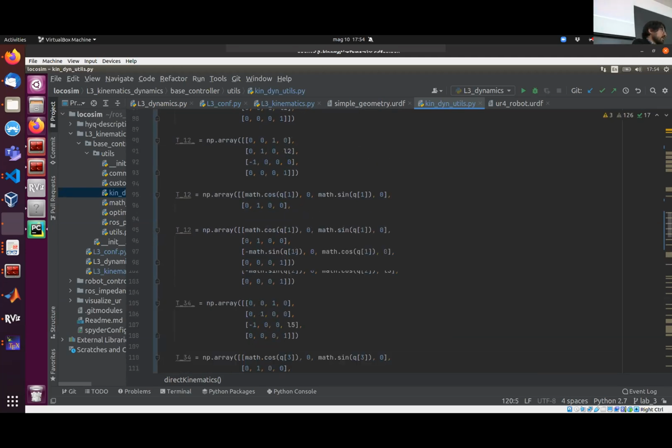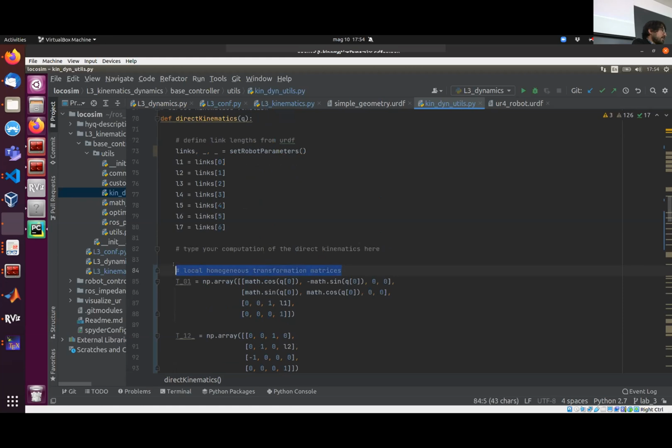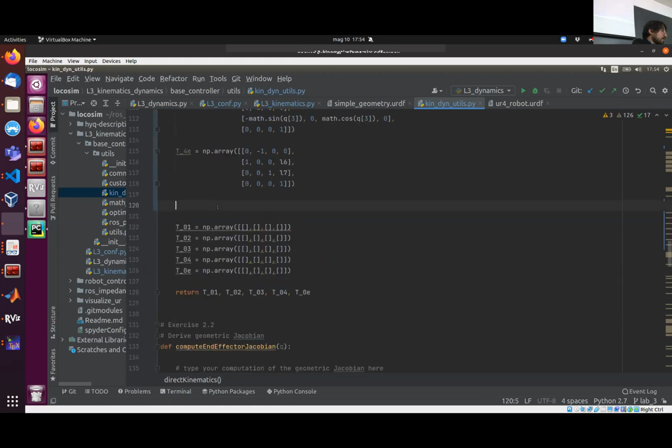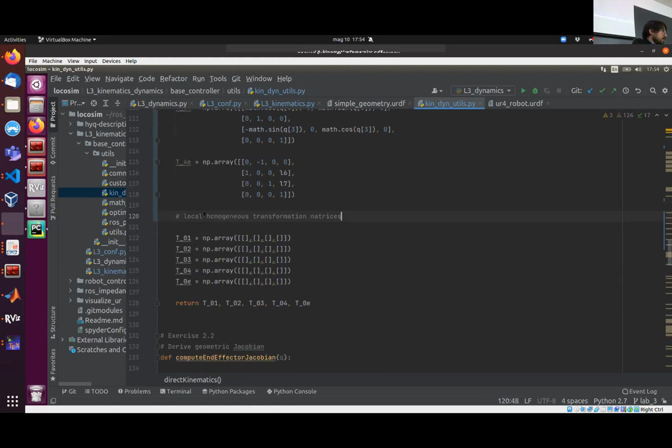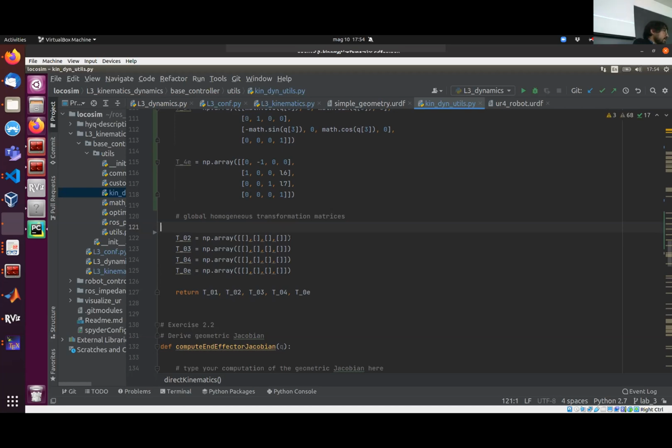So let's comment here. Okay, so to do that, we need to do the matrix multiplication. So T01, we already have. Now T02 would be